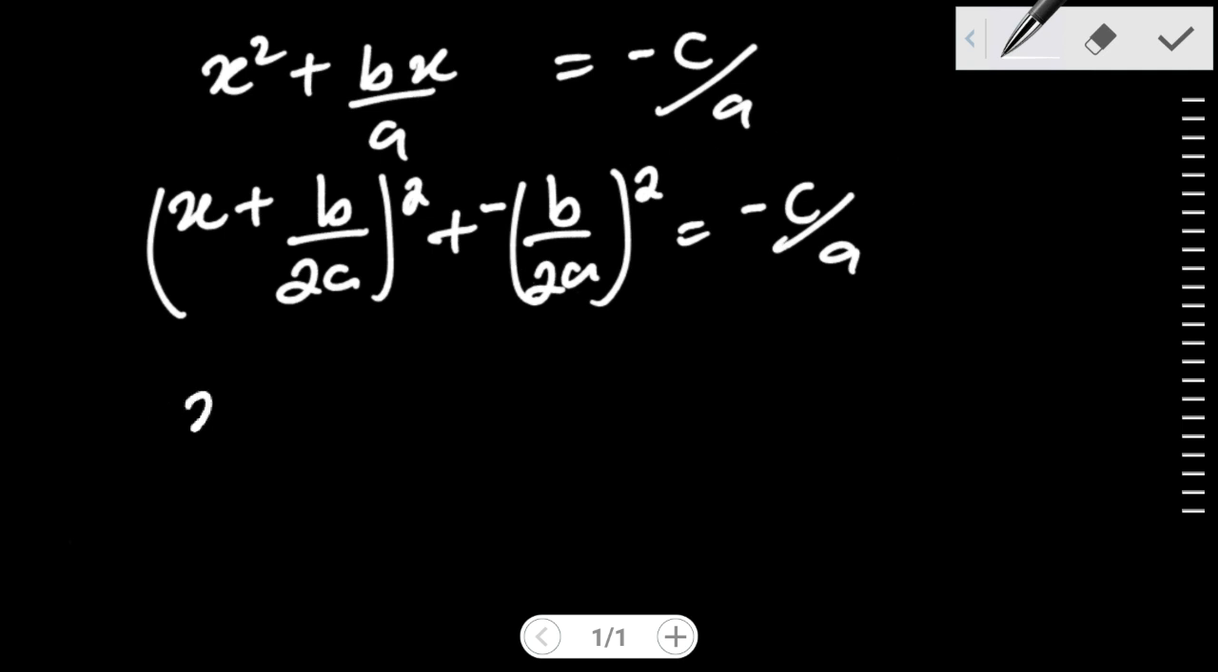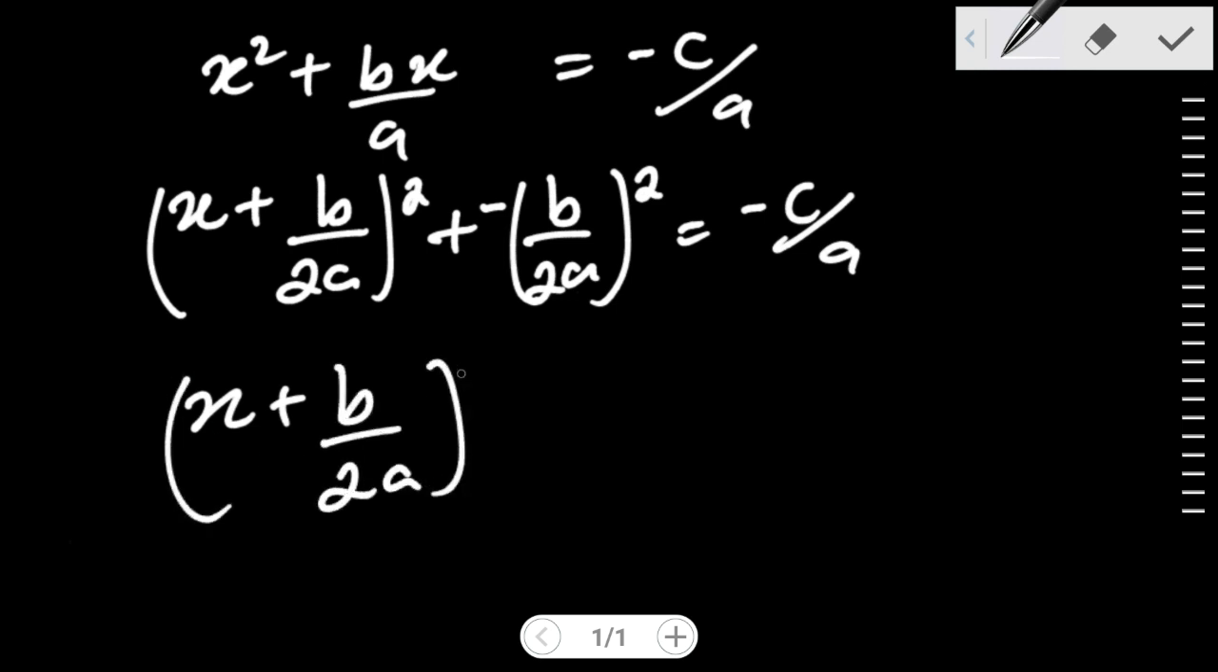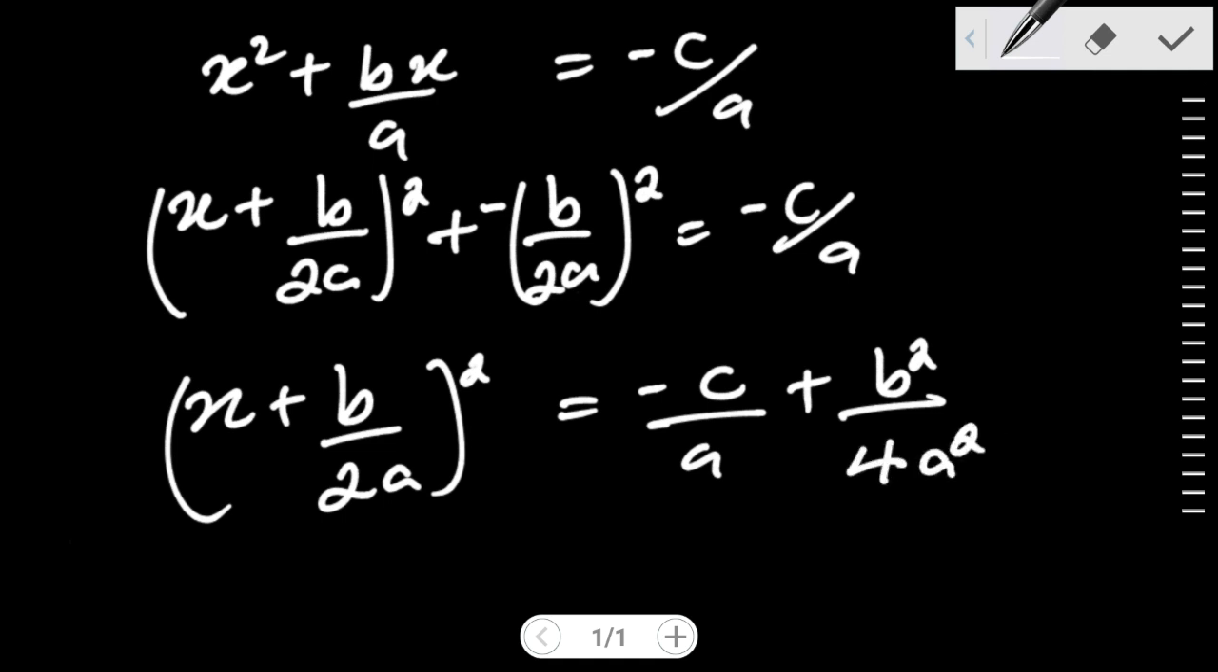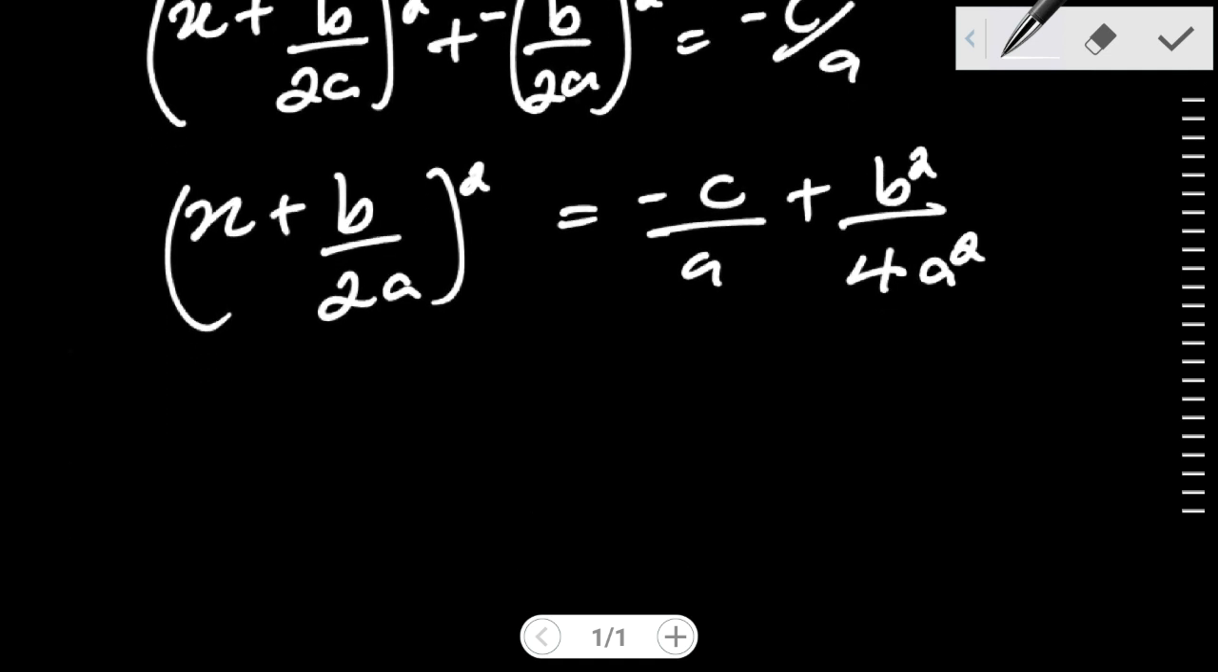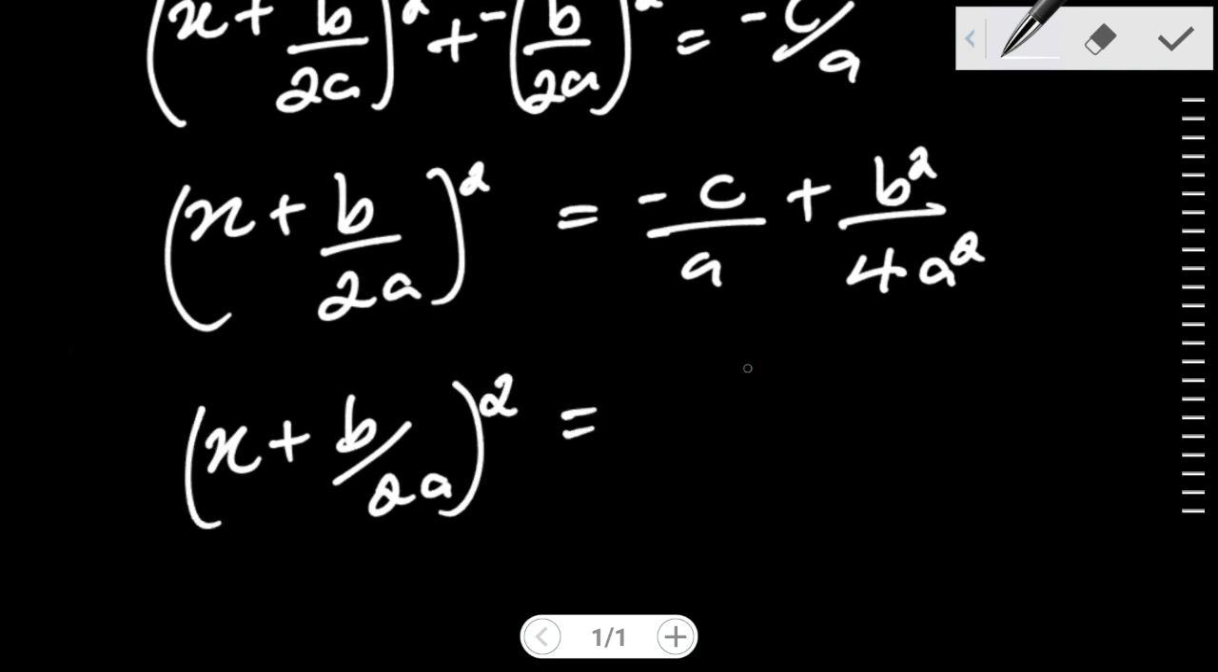I'm going to have x plus b all over 2a, squared, would be equal to negative c all over a, plus b squared all over 4a squared. After doing so, we find that our LCM in this case would be 4a squared, and therefore x plus b all over 2a, this still remains squared, would be equal to, our overall LCM is 4a squared, and therefore